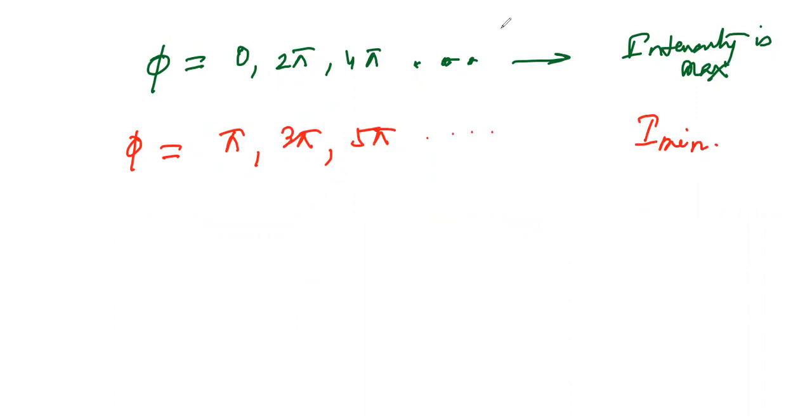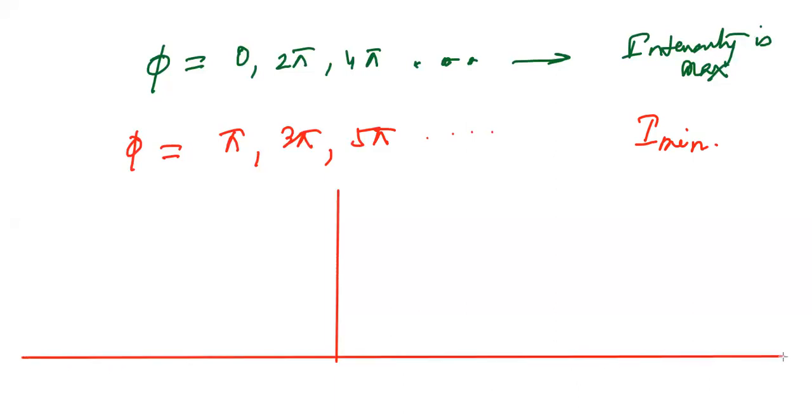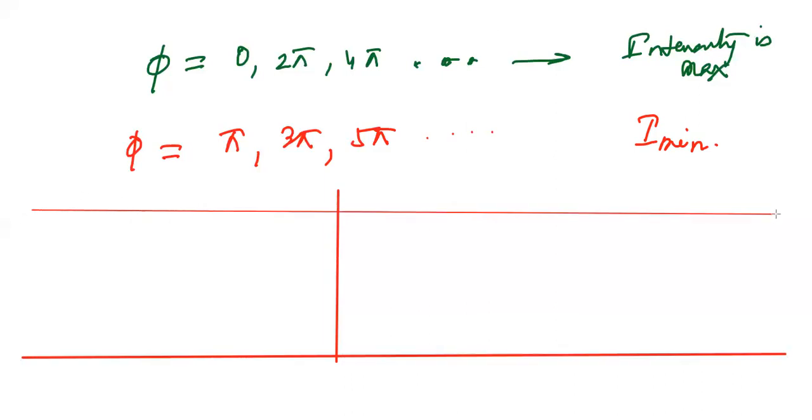Now if I try to plot the graph, how will it look? Let me plot the graph for you to show the variation of intensity. And what is the maximum value of the intensity that you have got? That is 4 I naught, which you have already seen. Let me draw like this. See how I am drawing it. That is also a very, very interesting part, how to draw this in your copy. So over here I take this.